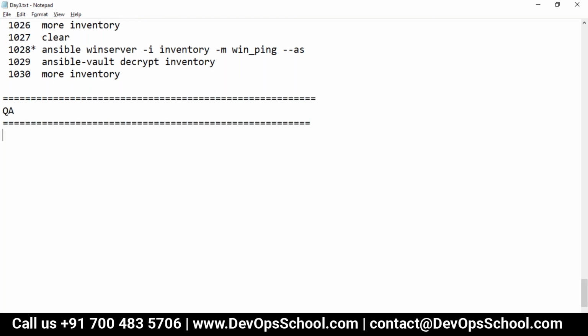Whereas INI says if you declare the value in INI file format, the text file which you are using every day, you have to create a new line by pressing enter, and it is equal to. So this is the specification, and it is read by the Ansible Python program to initialize the variable.